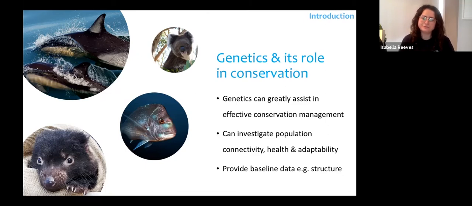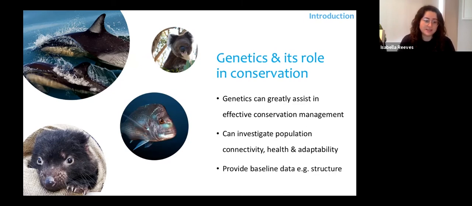So some really good examples of that include the iconic charismatic koala. Koalas are actually in some places quite highly inbred, and being able to obviously understand their history is super important when looking at their conservation. So when considering things such as translocation, being able to use genomics data sets of high power gives you a great insight into how to best preserve the population.